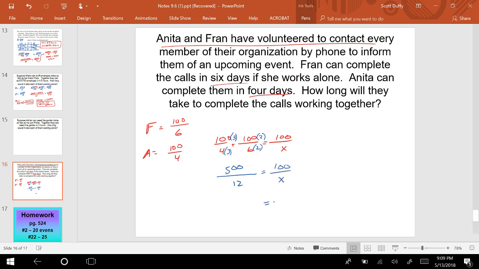Cross multiply. 1200 equals 500x. X equals 12 over 5, which is 2.4. So it takes them 2.4 days